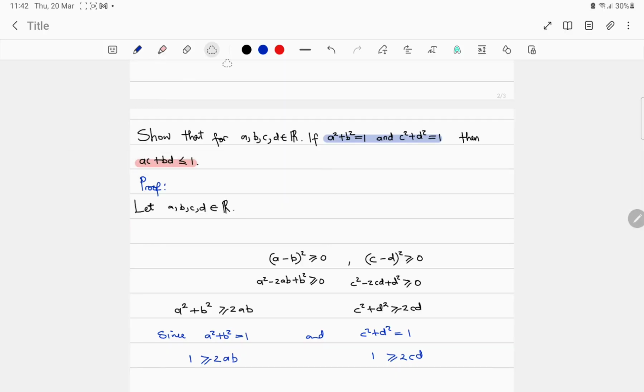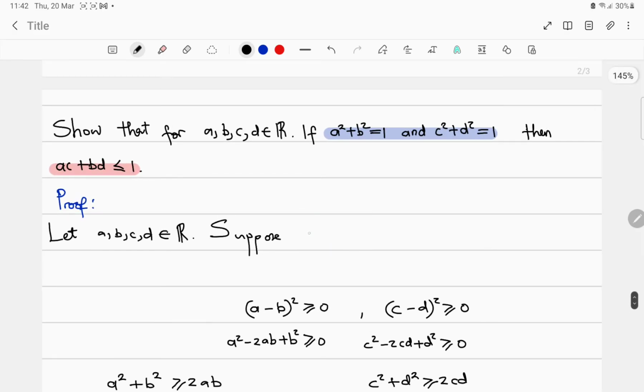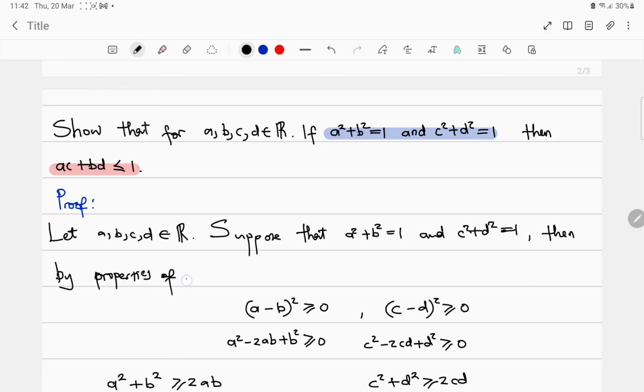Let A, B, C, D be in R. Suppose that A squared plus B squared is equal to 1, and C squared plus D squared is equal to 1. Then, by properties of real numbers,